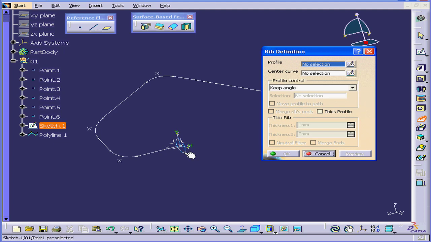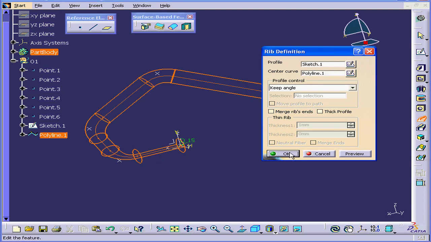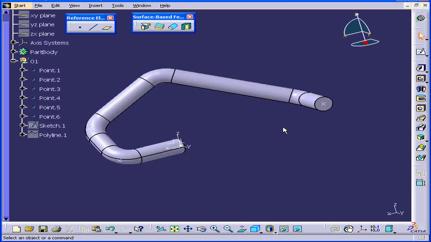We'll select this profile and this curve and click OK. And we end up with a solid rib. Let's say we want to create a pipe. Let's double-click on the